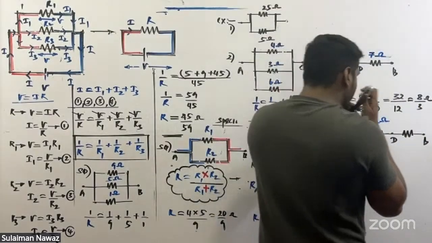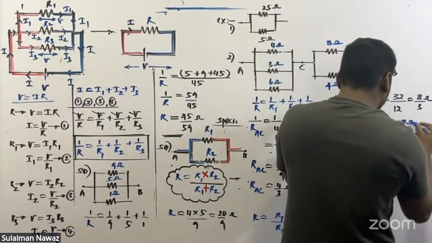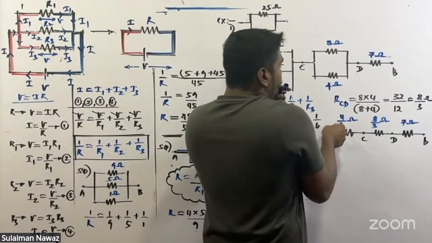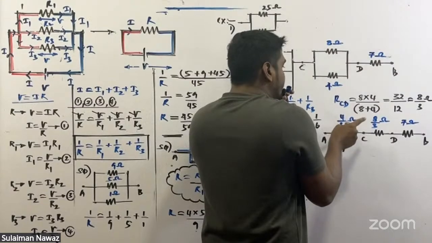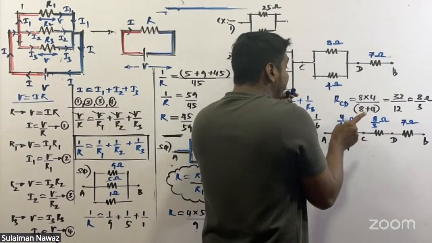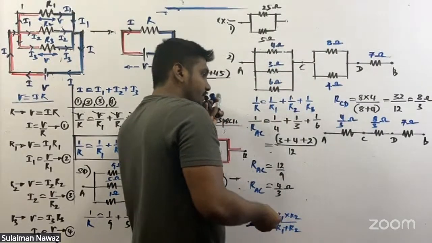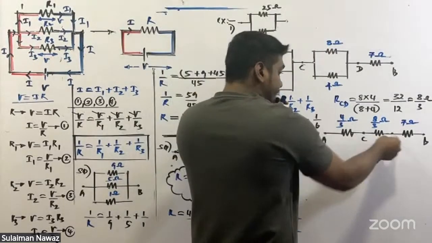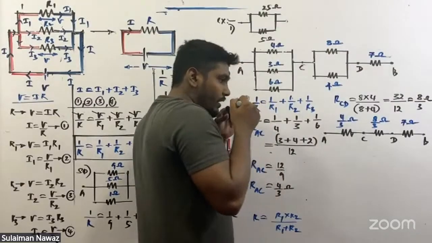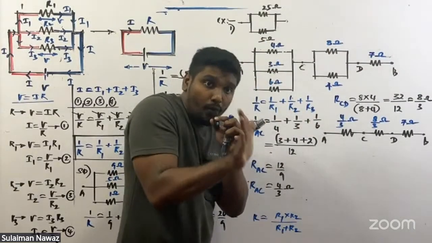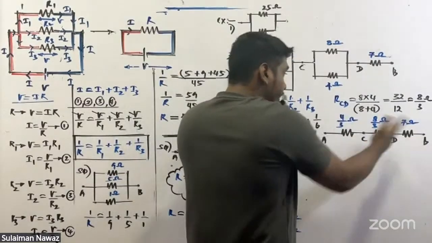This one is going to be 7 ohms. Now, when you consider this 4 over 3 ohms, 8 over 3 ohms, and 7 ohms, these three are in series. If they are in series, if you want to find the equivalent resistance between point A and point B, I